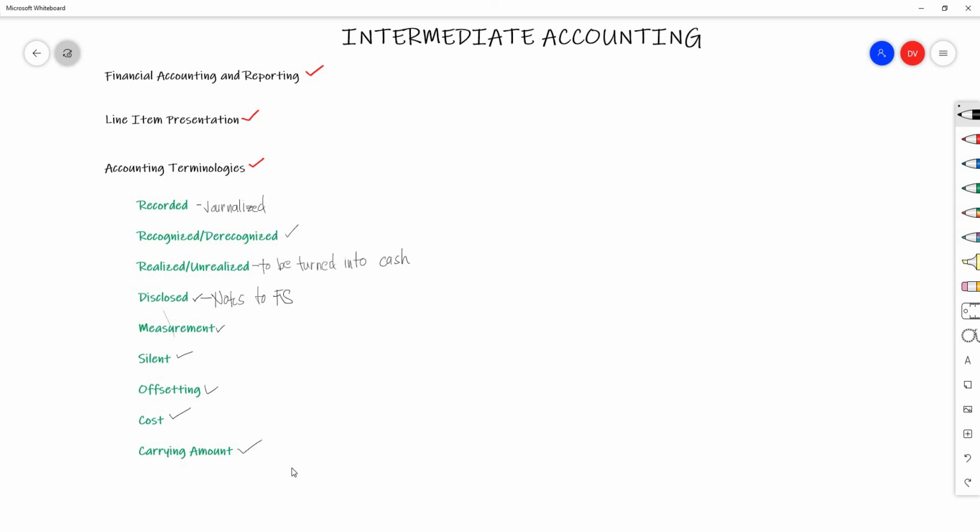When we say carrying amount, how much is the value today? Okay? So these are the specific terminologies that you should be mindful of when we take up